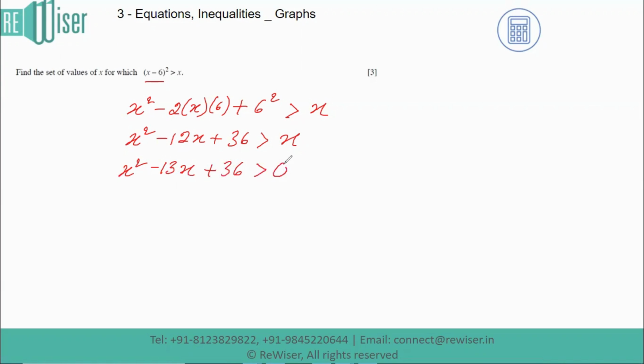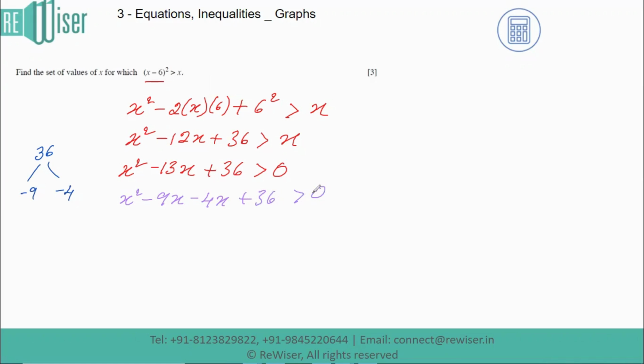Now, the first way of thinking about this sum is that we need to think about factorizing this by splitting the middle term. So is it possible to factorize this by splitting the middle term? That is what we need to think about. What are the different factors such that when you multiply them we get 36, but when you add them we get minus 13? The factors are going to be minus 9 and minus 4. When we multiply them, we get 36. At the same time, when you add them, you get negative 13. So this is going to be x square minus 9x minus 4x plus 36 must be greater